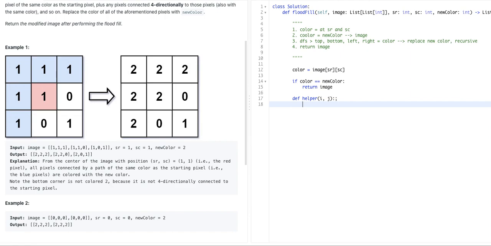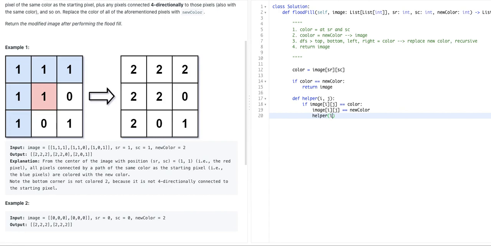I'm going to see if the value that I have at index i and j is equal to the color that I'm looking for. I'm going to replace that with new color, and also I'm going to call the helper function